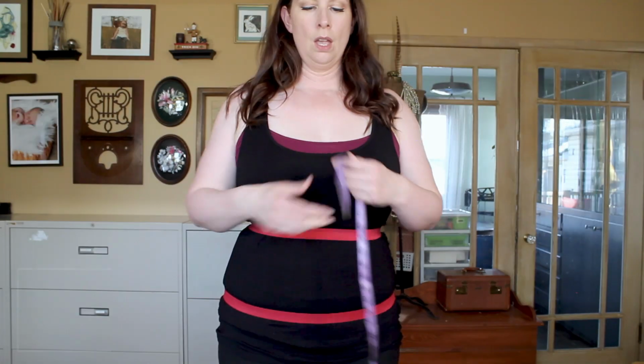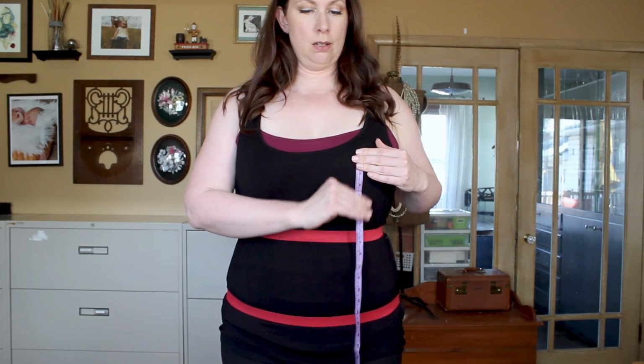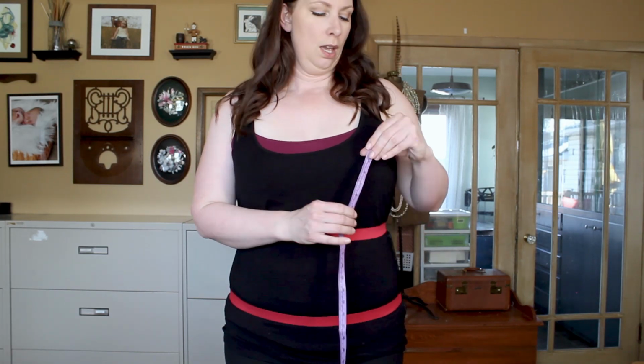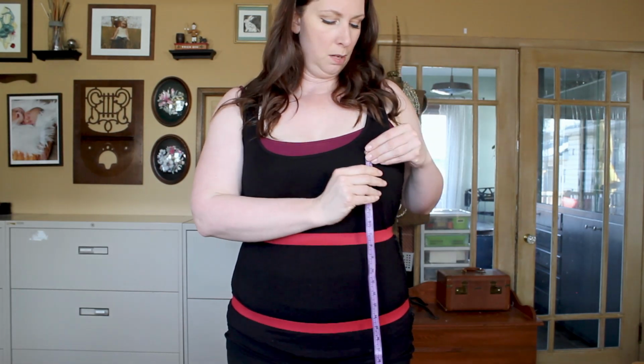All right, the next measurements that we have to measure are the height difference between all of those measurements. So to measure from the bust, we're not going to measure from the bust to the underbust. We're going to measure it to our waist. The reason being, if we're going all the way around our bust, we're going around a curve, right? So it's going to end up being longer than it really needs to be. We're measuring the height of the garment, not the distance of our curves, which we'll talk about again in a little bit, but